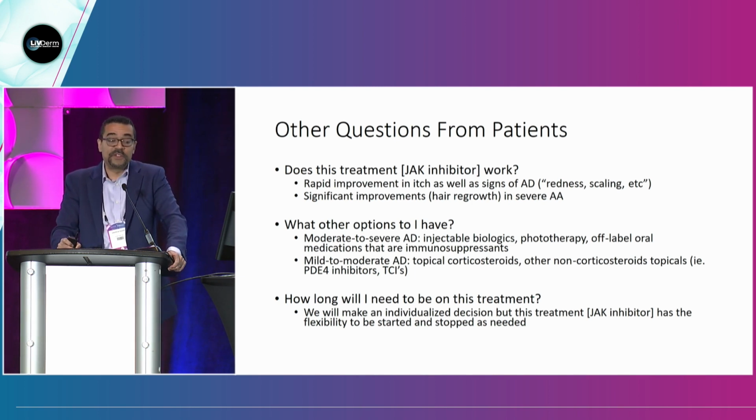As far as other options that they have, I like to present to patients a portfolio of different options that are suitable to them. So you're not just going to give every single option in the whole world, but after considering that patient, their severity, how much the condition is impacting their quality of life, and looking at their specific safety profile, you narrow it down to certain classes of therapies that are appropriate for them, whether it's injectable biologics, phototherapy, topicals, depending on the patient and the disease state, and then offer the pros and cons of each.